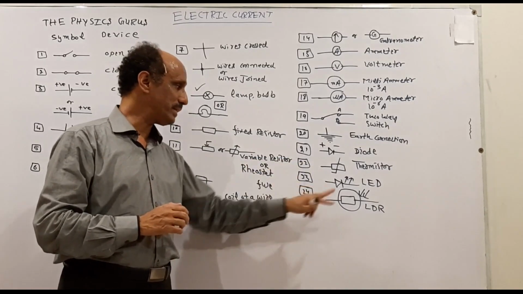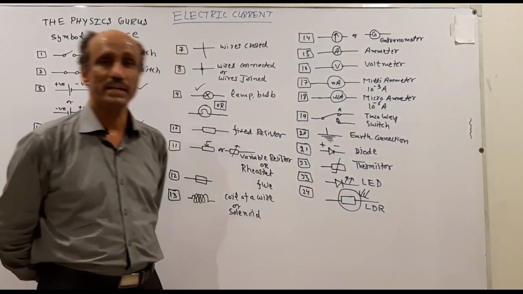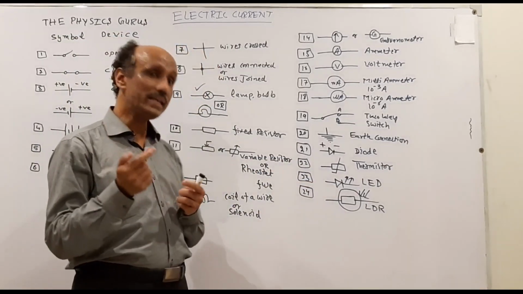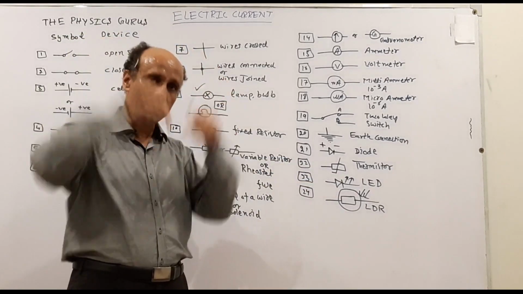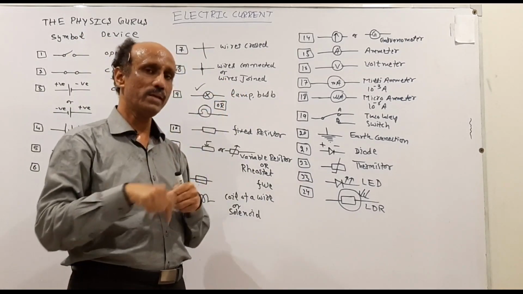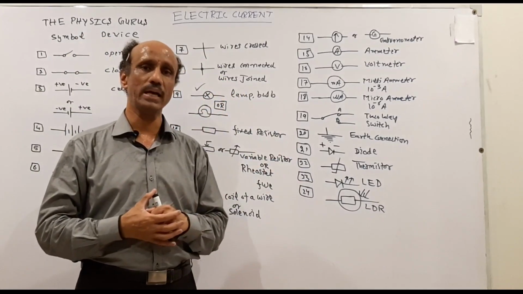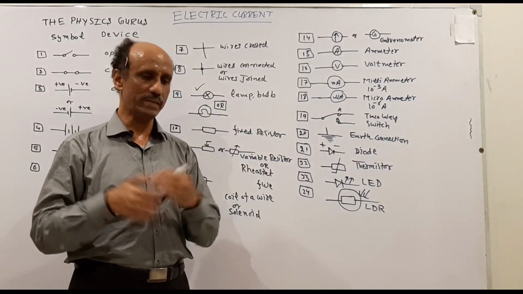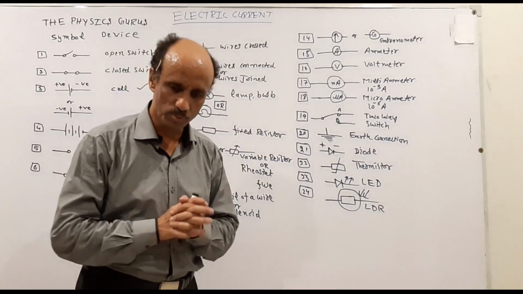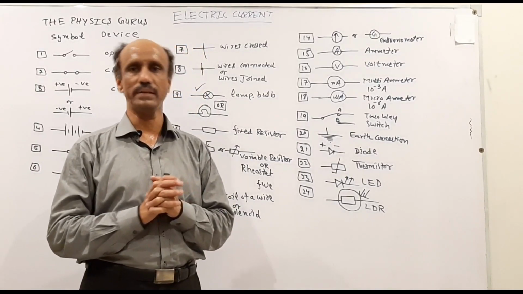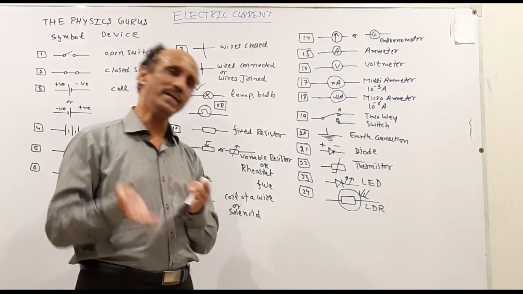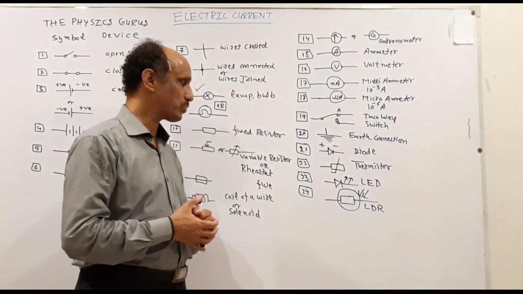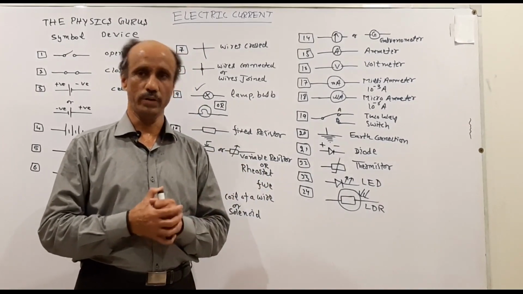So the difference between the LED and the LDR is that in the case of the LED, the light is emitted, and in the case of the LDR, light falls on that particular sensor. The LDR is used in street lights to control the flow of the current, to save energy. For example, as soon as it is daylight, the street light will be switched off automatically, and when it is evening time, the street light will be switched on.